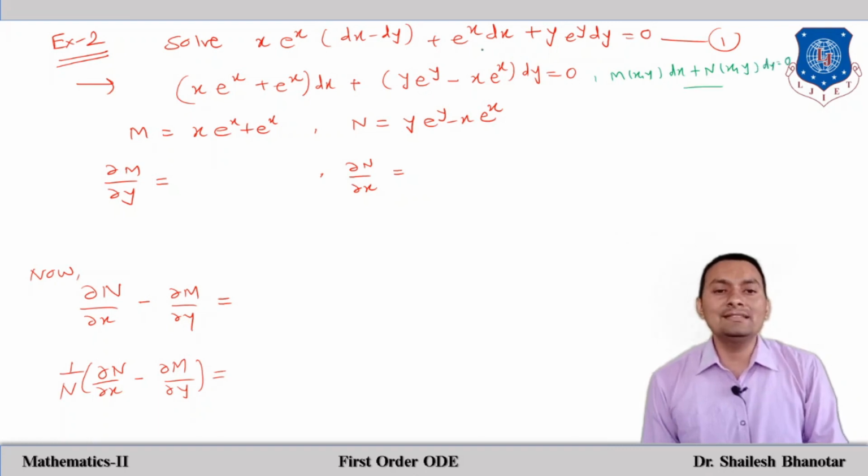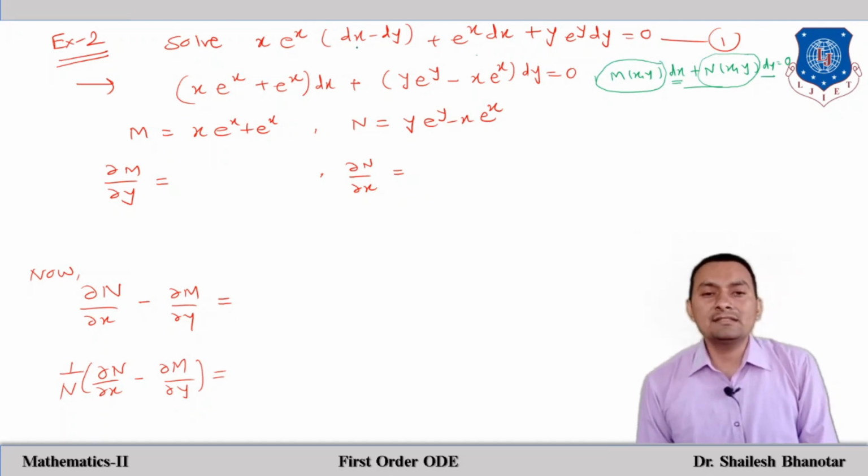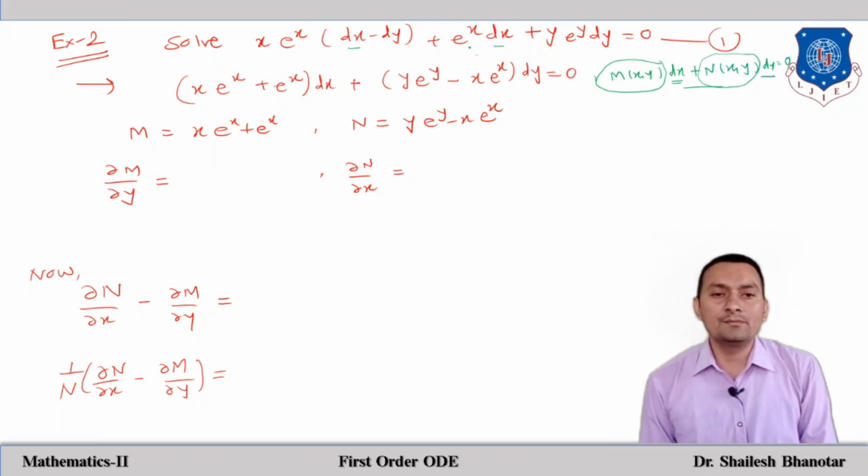I want to compare this equation with this. That means dx should have some function as a coefficient, and dy must have some function of x and y as a coefficient. So let us first take dx common from these two terms. So I can say, x times e raised to x plus e raised to x into dx. So this is our M, and for dy, minus is there, so I write minus x times e raised to x, and this is the positive term, so I have written it over here, into dy is equal to 0. Now you can compare with the standard form and you will have this is M and this is N.